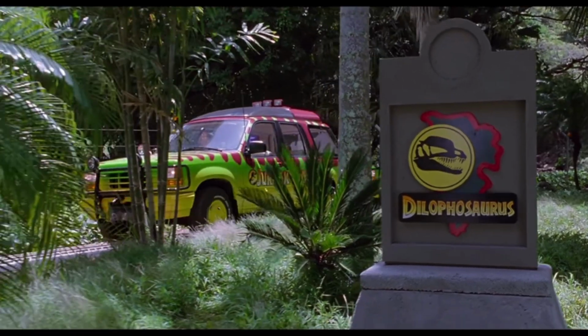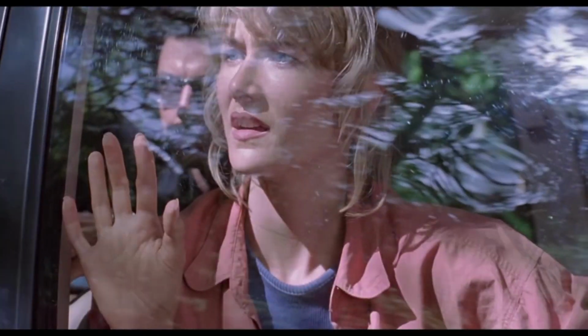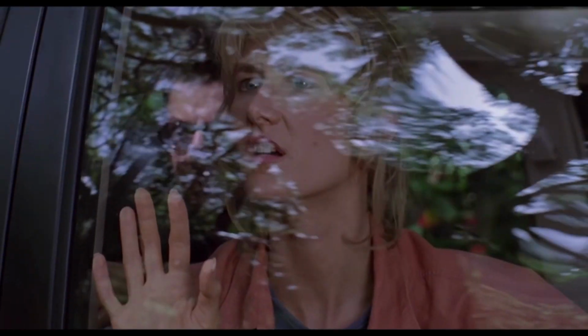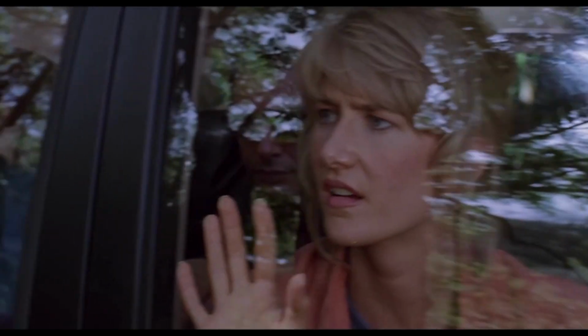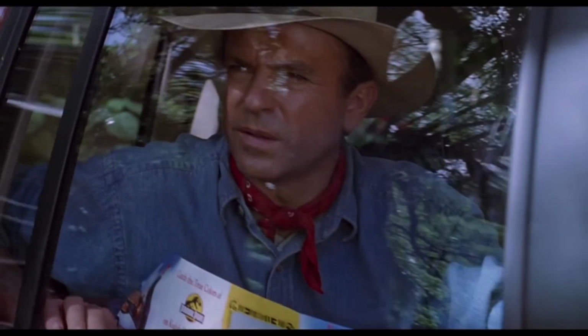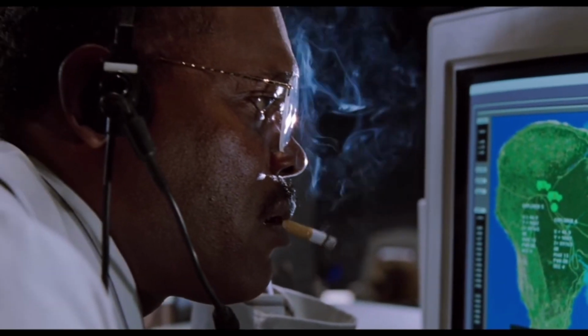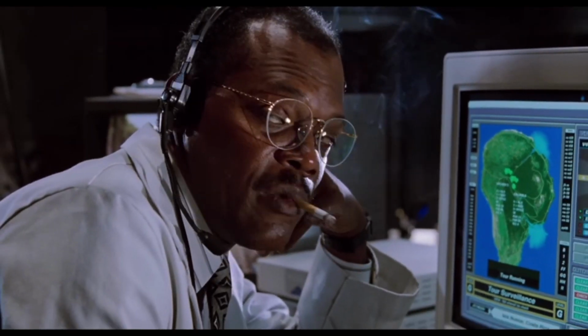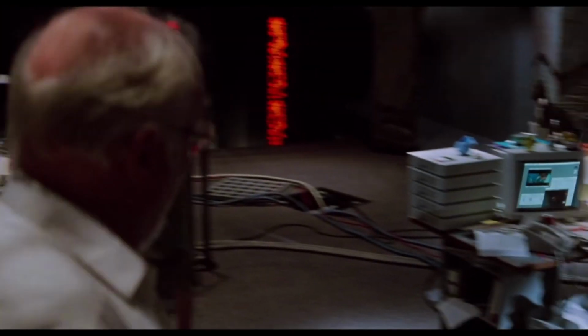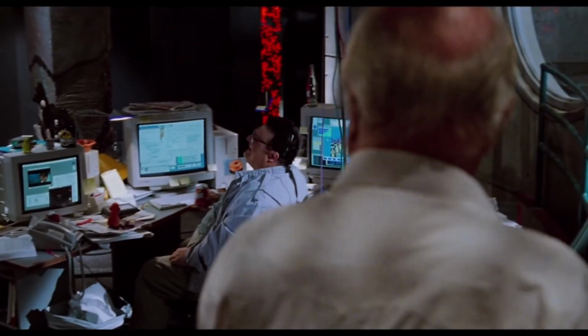The first stop is the Dilophosaur paddock. The animal has stage fright though, and the only dinosaurs our guests see is the voice of Richard Kiley. The guests are suitably disappointed. Back in the control room, Ray notices the headlights are not responding. Another glitch. Hammond decides to take his frustrations out on Nedry, who is totally up for a fight.